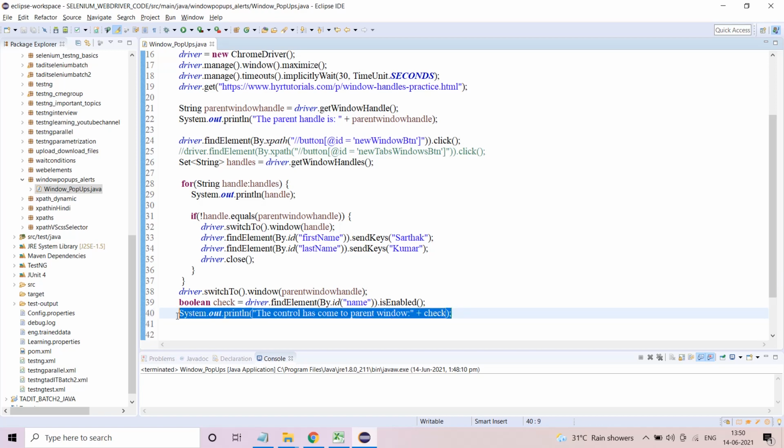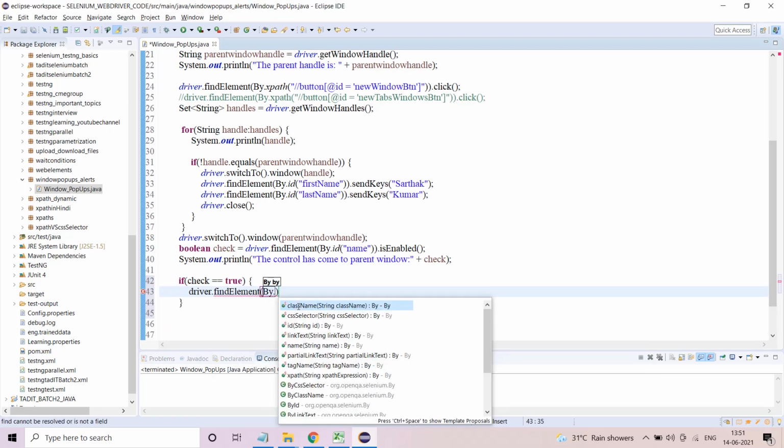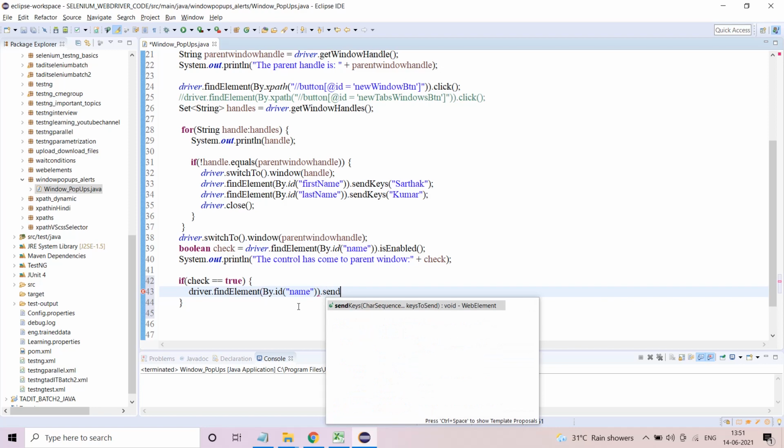If the control has actually come, you will get true in the output. So we'll make the code even better. If check equals true, driver dot find element by dot id name dot send keys.